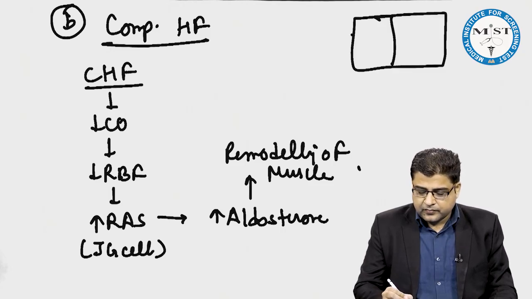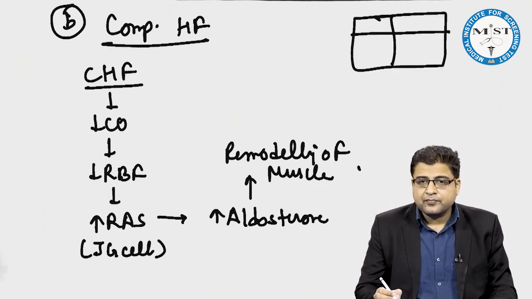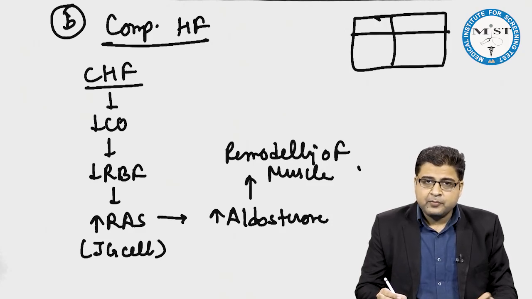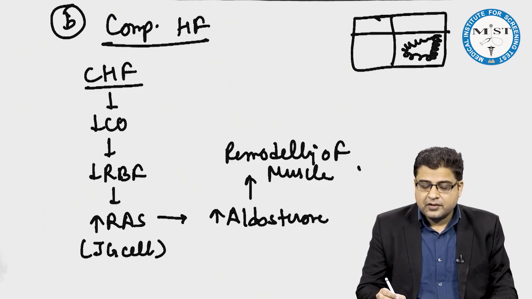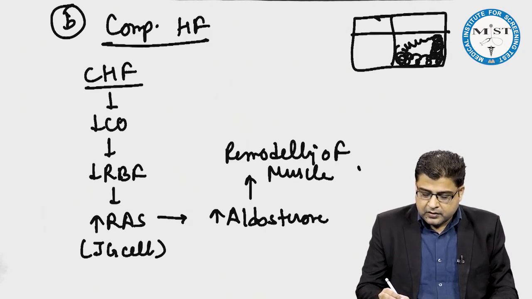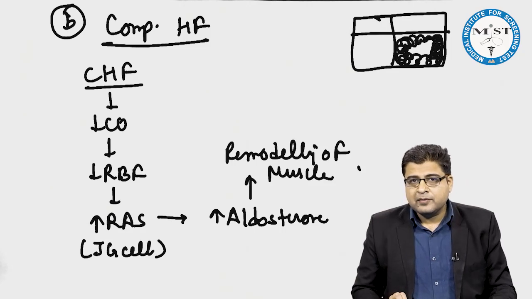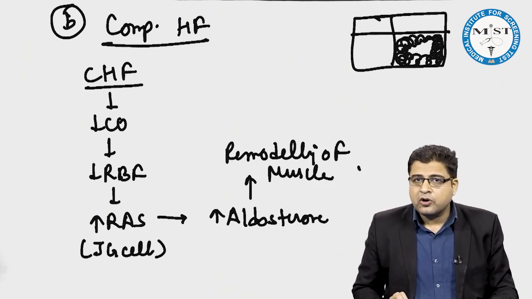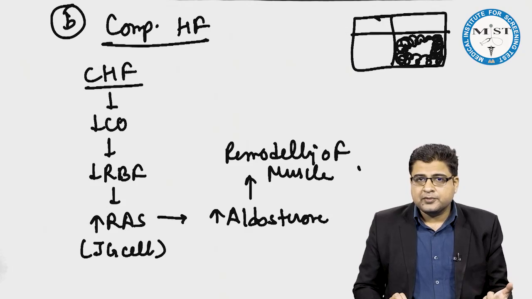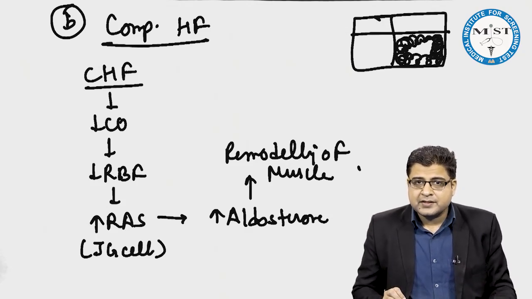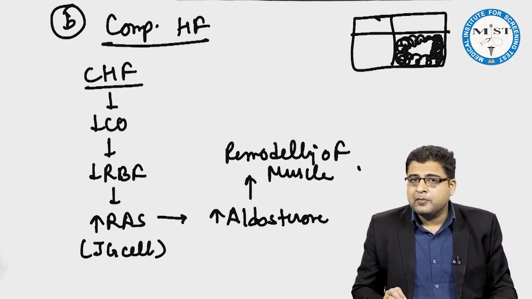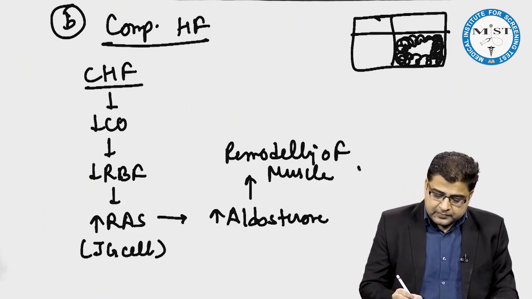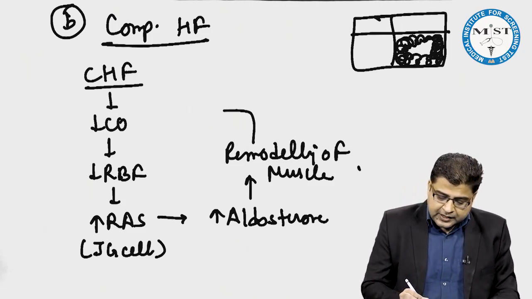Like this is the heart and this is the left ventricle. Now in this left ventricle, whenever fibrosis and hypertrophy take place, this will always take place towards the luminal side. Because of this, the chamber volume will decrease, and if the chamber volume decreases, the end diastolic volume is decreased, and therefore the cardiac output. And this is an irreversible process. Once it has taken place, it cannot be reverted back. So the cardiac output which is decreased, it is decreased forever. It cannot be replenished back. So remodeling of cardiac muscles will reduce the cardiac output in future.